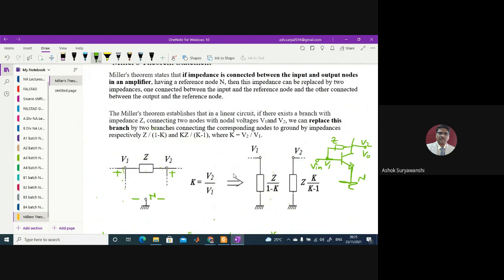Then how can we simplify this? You can simplify it like this. The transistor emitter will be connected to ground, it's common, and then Miller's input impedance, called ZMI or Z1, will come on the input side, that is between V1 and the ground. On the output side, there will be Miller's output impedance ZMO between the output terminal and the ground. So this situation will be like this, keep in mind.